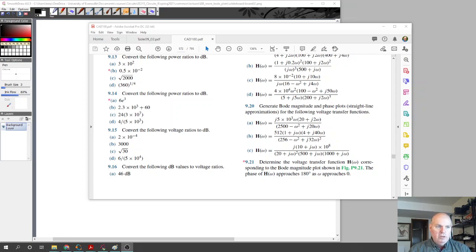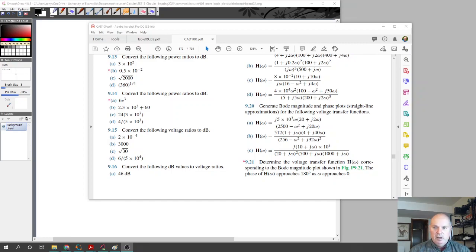We actually start with the Bode plot, and we're asked to find the transfer function or the frequency response. This would actually be the first step in the design process. So going in the opposite order, where we would start with the Bode plot, come up with a transfer function or frequency response, and then the next step would be to actually come up with a circuit that then has